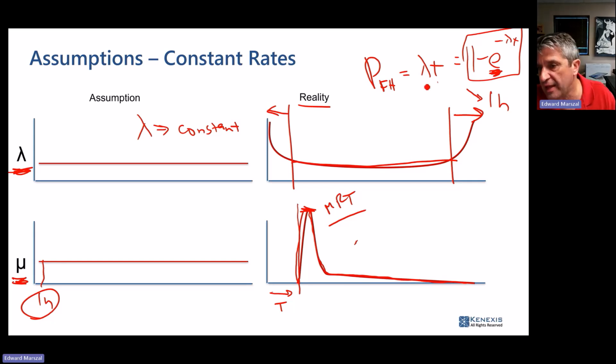Now, instead of having lambda be a constant, it's possible using things like the Weibull distribution to make your lambda time variant when you're running these calculations. But that level of complexity, that level of detail, is something that I have never seen applied to the domain of SIS engineering.